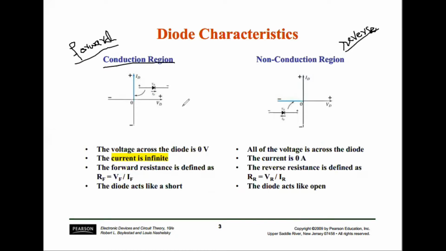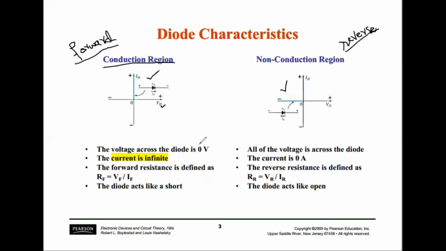You can also see here that this is the first quadrant, and in the first quadrant both V of D and I of D are positive. But here, in the non-conduction region, we have the second quadrant, and in the second quadrant V is negative while ID is positive. In the conduction region, we can see that the voltage across the diode is 0 volts in ideal conditions. When the diode is conducting, it will be a short circuit,